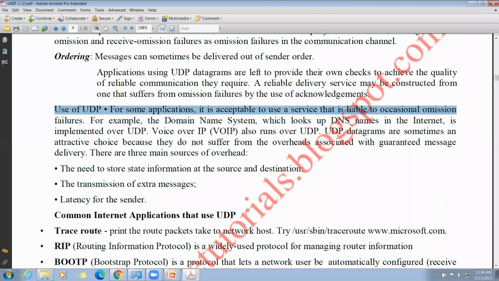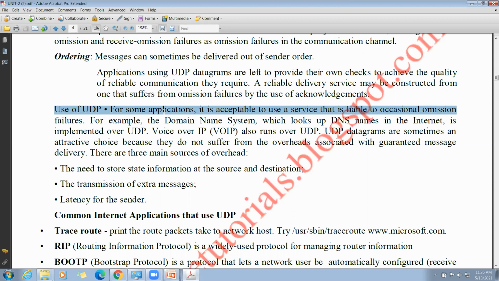Let's take an example. DNS, the domain name system, which looks up DNS names. The domain name system contains domain names, those are called DNS names in the internet, and it is implemented over UDP. One more service we all know, VoIP, voice over internet protocol, also runs on UDP.